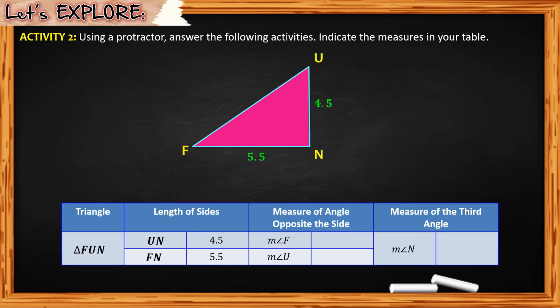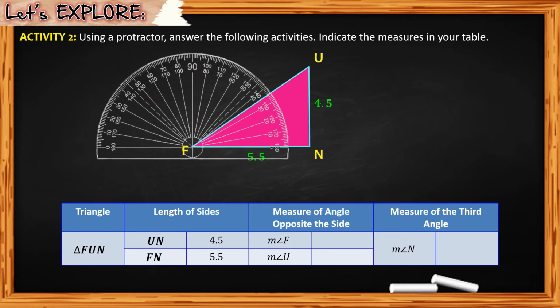Now for activity 2, using a protractor, answer the following activities. Indicate the measures in your table. Now given triangle FUN, the length of the sides, UN is 4.5, FN is 5.5, and we are going to measure the angle opposite the side. The opposite of UN is angle F, and we are going to get the measure of angle F using the